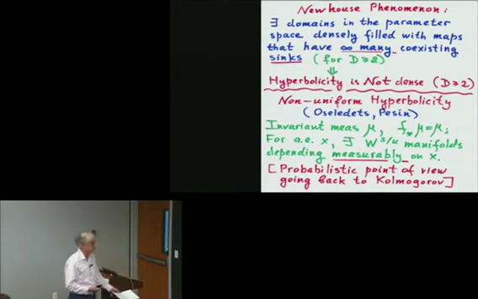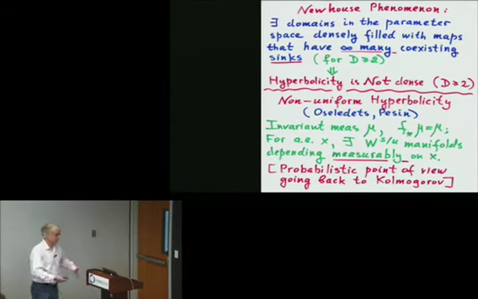But he recognized that it faces problems: what is the right choice of measures, particularly in the infinite-dimensional space of parameters. It's unclear what is the right choice of measures, but actually in the phase space it could also be problematic. This point of view of Kolmogorov led, in Moscow, to the development of the measure-theoretic point of view, particularly by Arnold and Sinai's school, and in particular to the notion of non-uniform hyperbolicity.